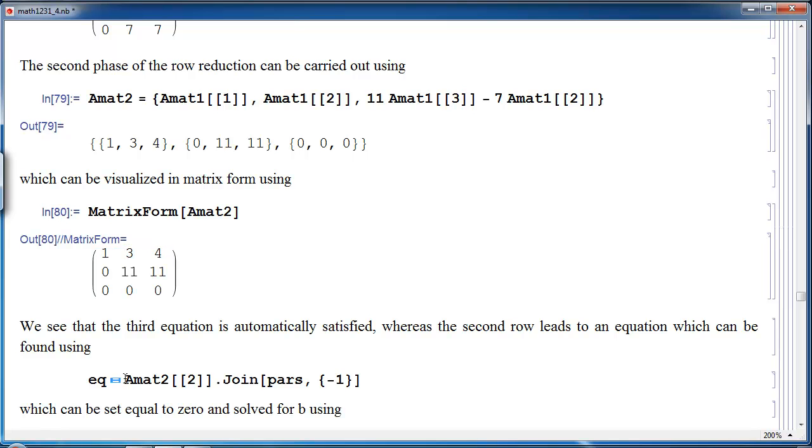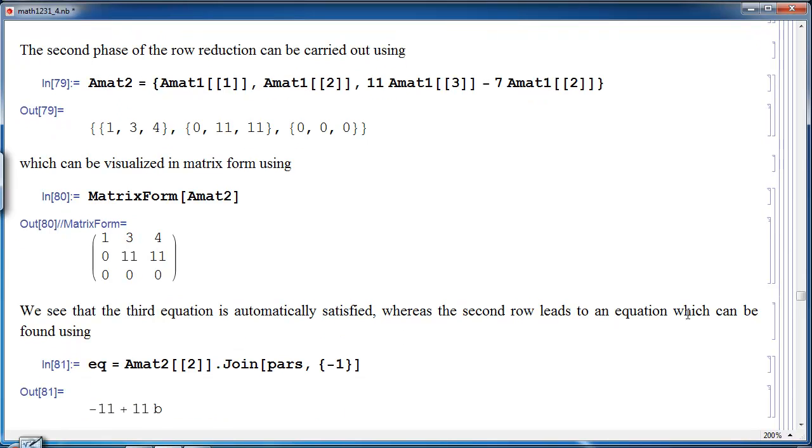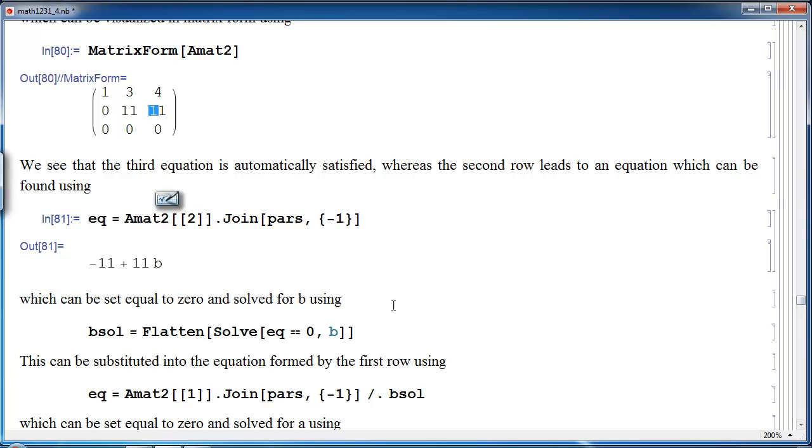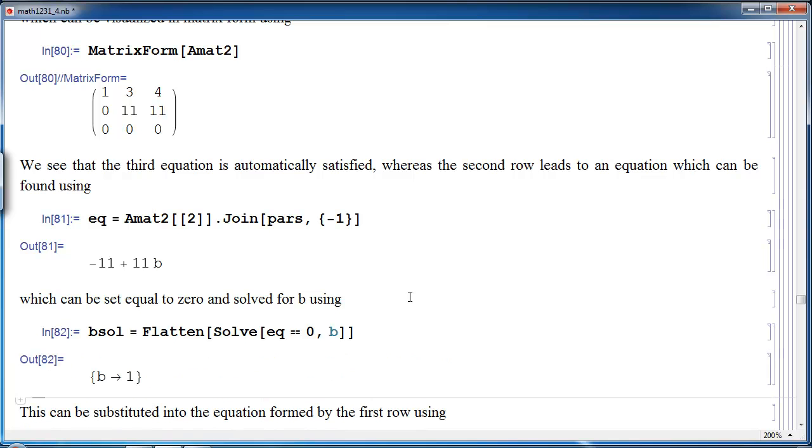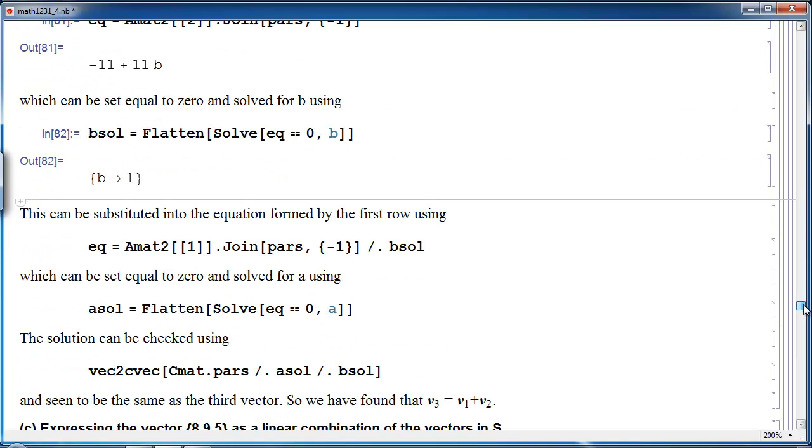So we take the second row, and we multiply it by the vector of the parameters, and we get that. So that would be 11b is equal to 11, and therefore the solution can be easily found, by setting that equal to 0 and solving, which gives us b equals 1. And we now work out or write down the equation